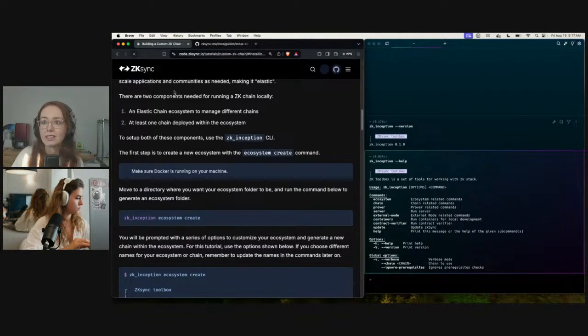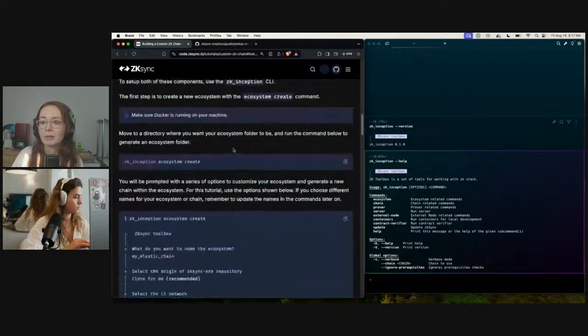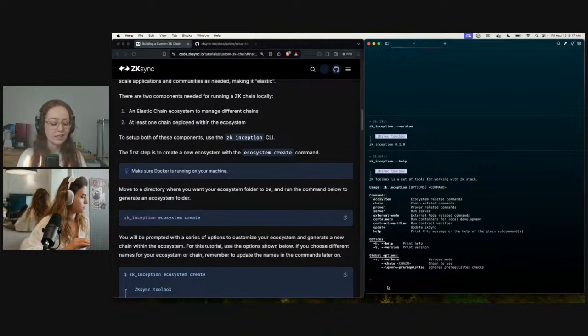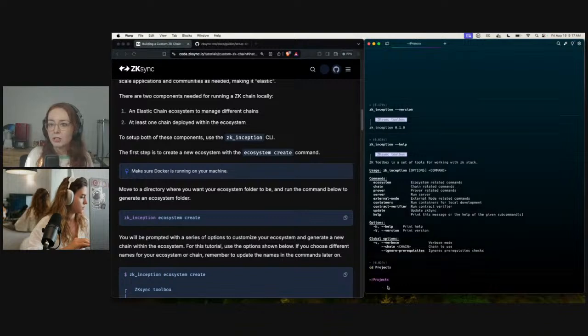Let's see, icons didn't load. There we go. Okay, so ZK Inception ecosystem create. I'm going to go to my projects folder. You can create this wherever you want. I'll make another folder, like tutorial testing demo,